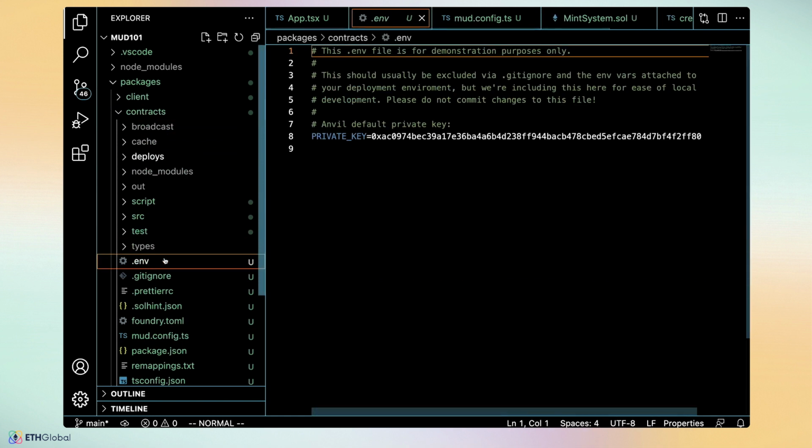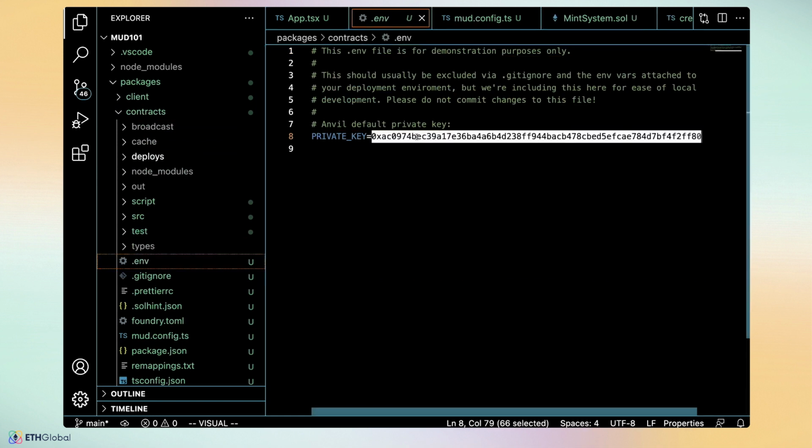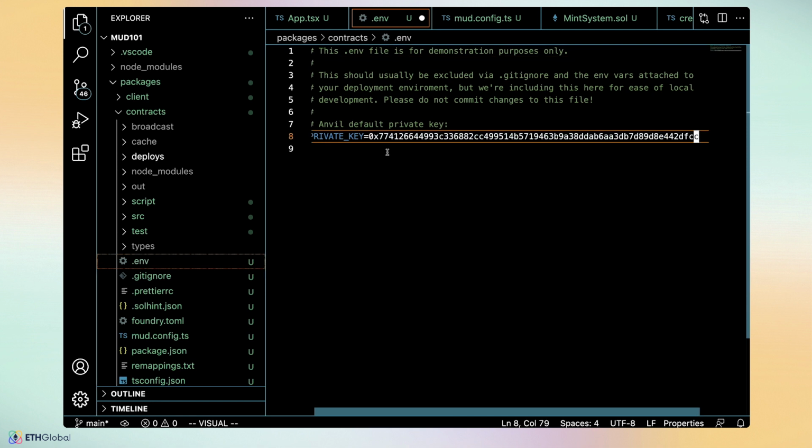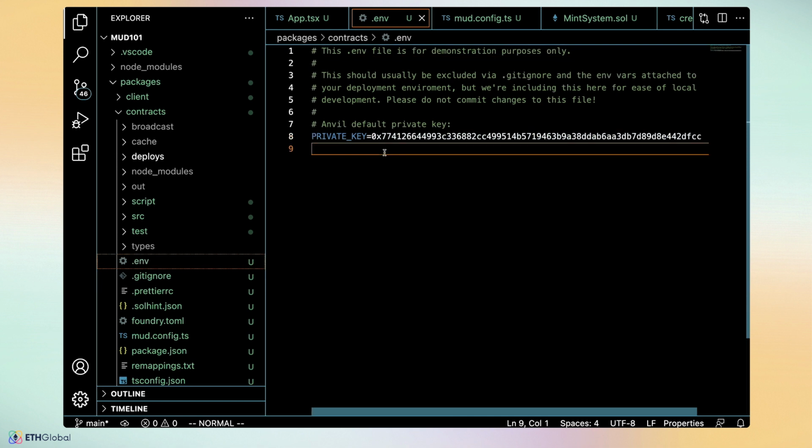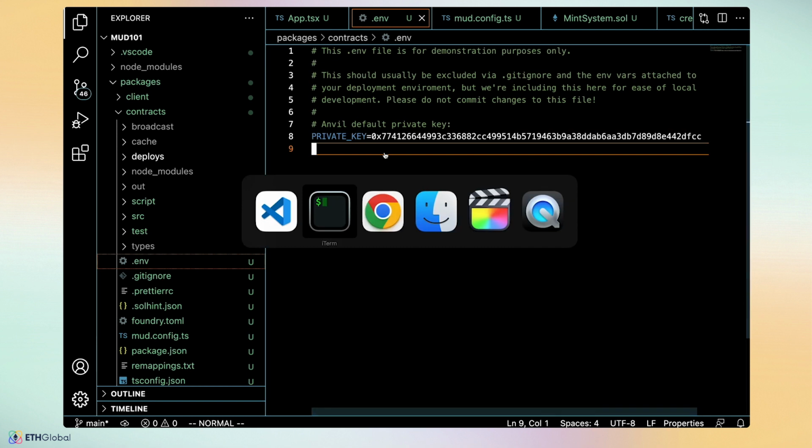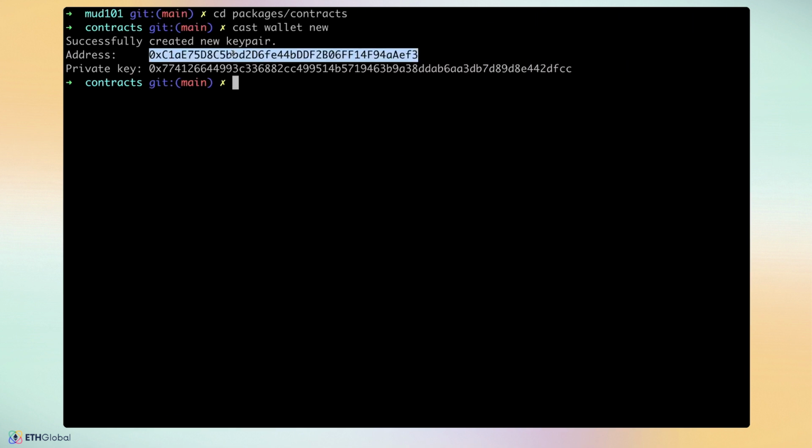And I'm going to paste my private key there. So far, this included the default Anvil private key, and I'm going to override it with the newly created private key from cast. Then I head back to the console, and I copy the address. And because this is a fresh private key and fresh address, it's not going to have any funds on the